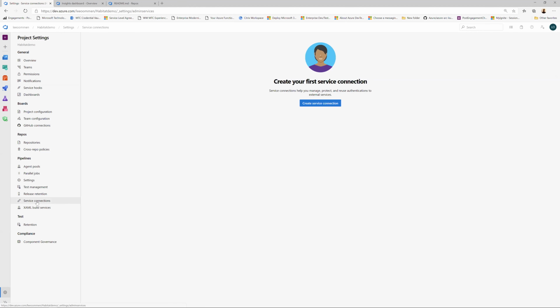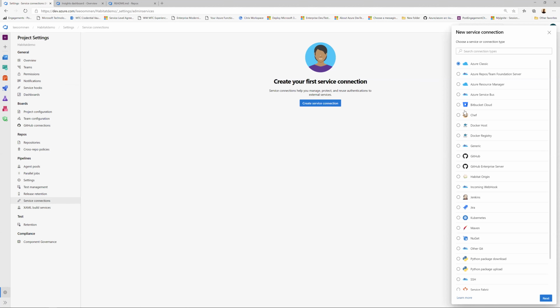For example, in a big project, you need to start creating service connections to the different products that you're working with. In this case, I'm going to work with Chef Habitat. So I need to establish a service connection with Chef. And this is where I do all those. When I want to work with Azure, I create a connection object with Azure Resource Manager and go ahead and define all the necessary requirements to satisfy that connection. Once I do all that,